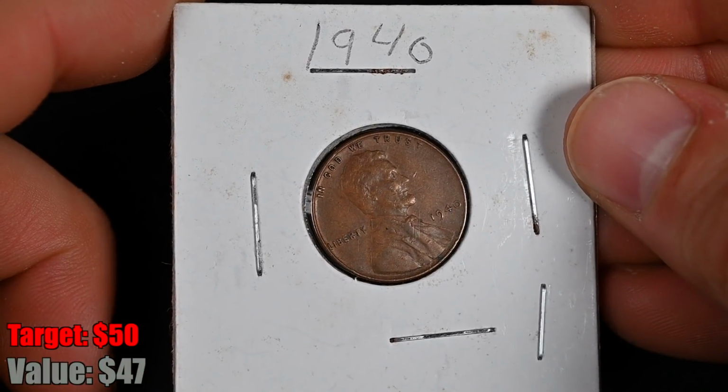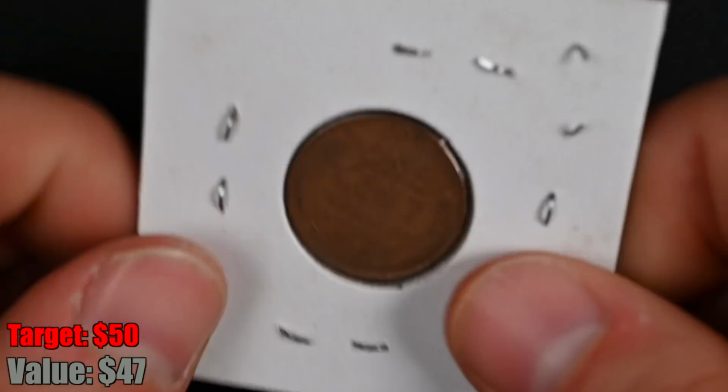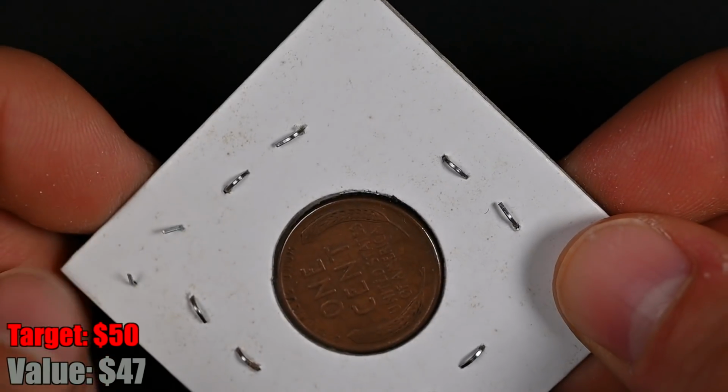This is a 1940 wheat cent. I'm not quite sure what this is doing in a 2x2 or why it's special. A lot of staples over here. These ones are sticking out. And that is actually a